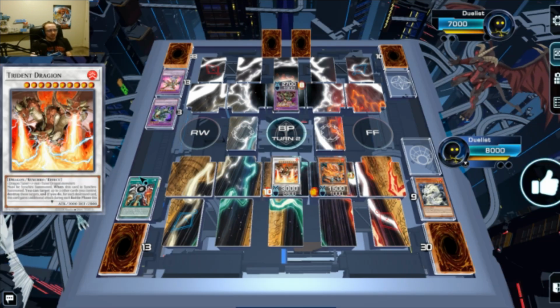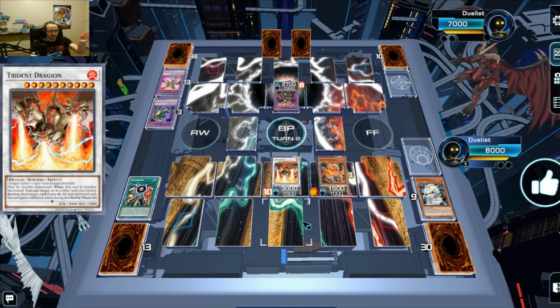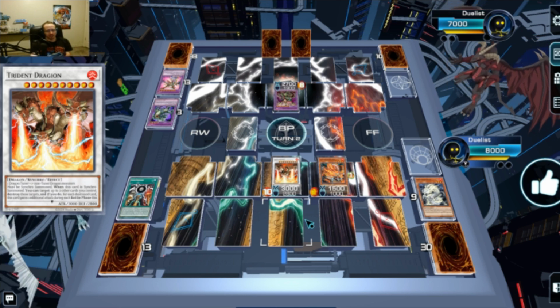Try and Dragon, and it's pretty much just going to be getting here, because we'll just use Trident to pop the field spell, pop Chandra, the field spell will boost Trident to 6k, and then he's just a 6k beater that can attack 3 times, and that will be more than enough for game, so...